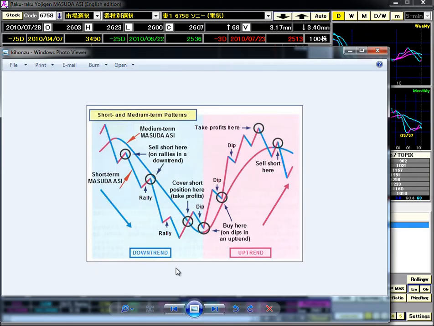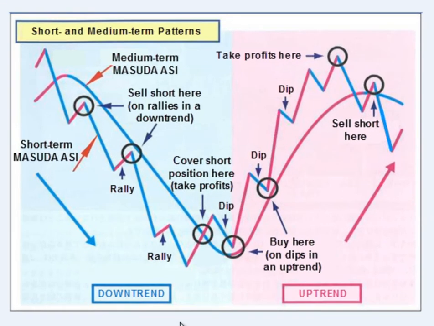This is like a textbook example to simplify the explanation. As we've talked about in the past, a pink zone represents an uptrend or rising share price energy, and a blue zone represents a downtrend or declining share price energy. And you can see that in our basic pattern diagram here, the left hand side is showing a downtrend because it's blue, and on the right hand side we have the pink zone, which is representative of an